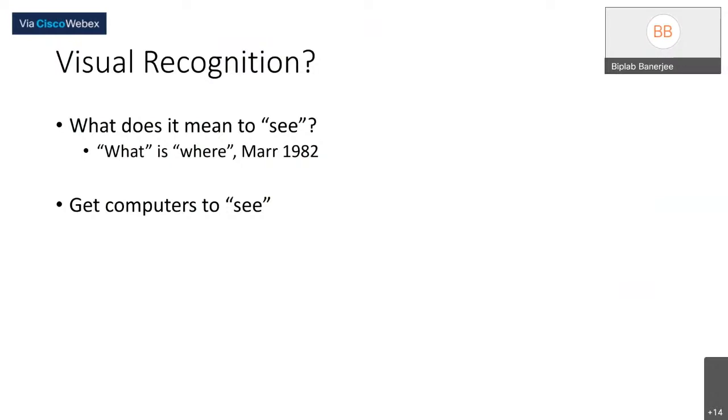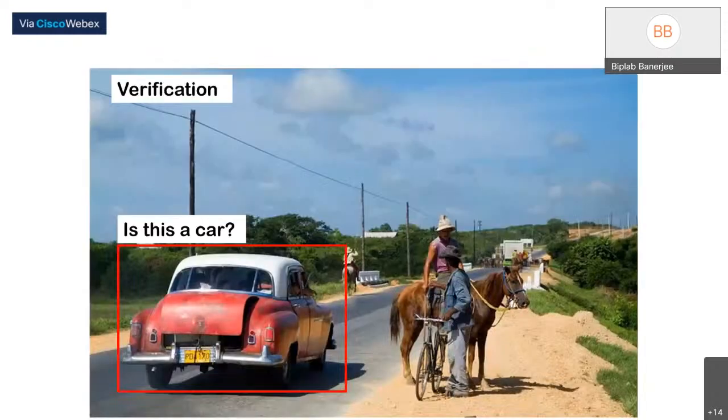So that's basically some very quick background. Now coming to the recognition problem in general, because I think that's the main highlight of the work. If you see the papers in any vision conference nowadays, the majority of them are in visual recognition, right? So let us see what kind of problems there could be in recognition. First of all, the first problem is called verification, which says whether, within the scene, this is a car or not, right?